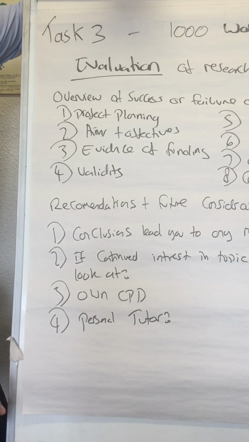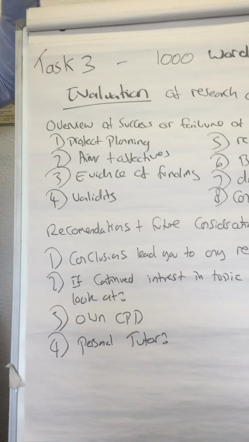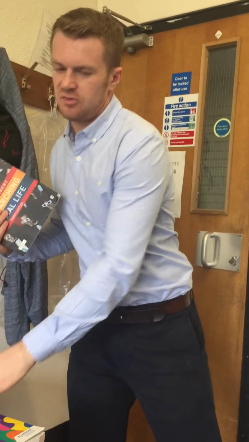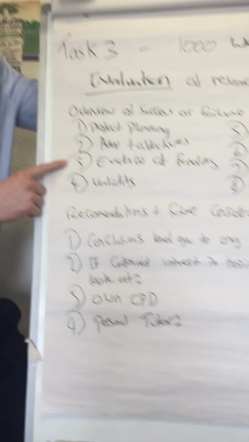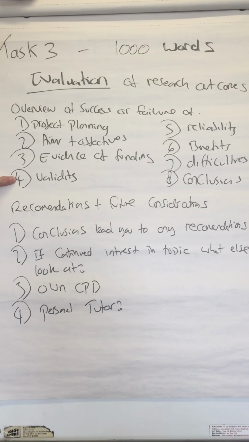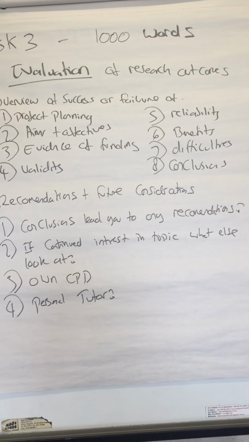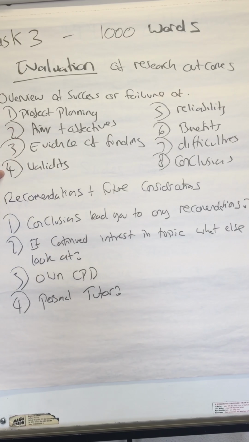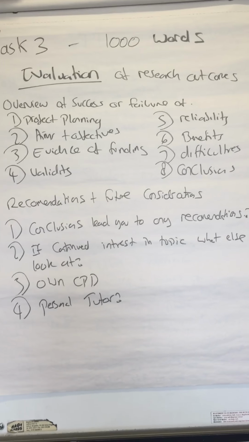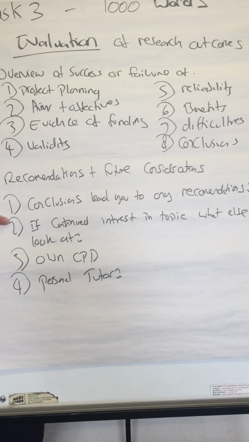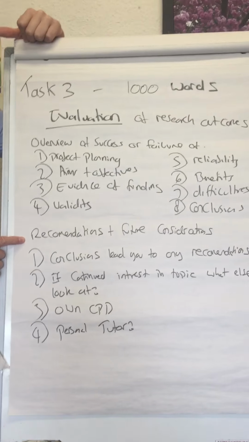So there's some really useful research in the leadership and health and social care book. We've also got Gilbert here, but what I don't want to see is that I did perfect with a research question, the conclusion was brilliant, aims objectives were fantastic, because it won't have been the case at all. So it could be that maybe your research question was good, but your aims objectives weren't. It didn't really match your research question as much as it should have. Or it could be that maybe you had a sticking point in relation to ethics and validity and reliability, that you might want to think about strengthening for next time because you didn't really consider this as much as you should have.